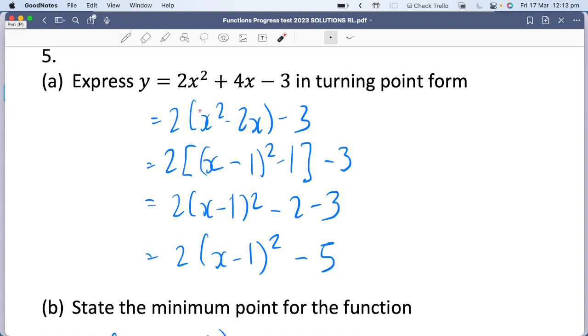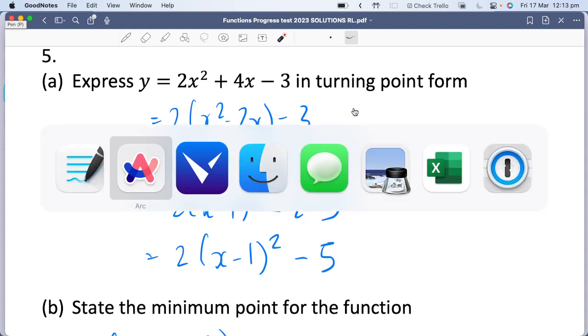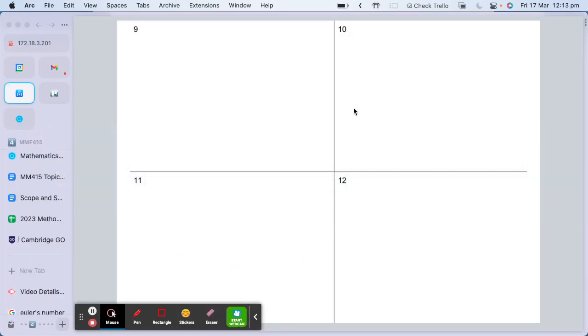So in the case of this one here, the difference between me and other teachers, and if they watch this video, they'll probably eye roll right now, is that when I take out a common factor, I only take out the coefficient of x squared, that's normal, but I only take it out of the first two terms. Now, what many of you did was you factorized out across the whole expression, and I can see why that would give you comfort, but ultimately what you end up with is, of course,